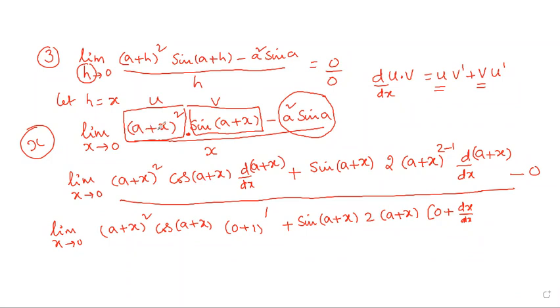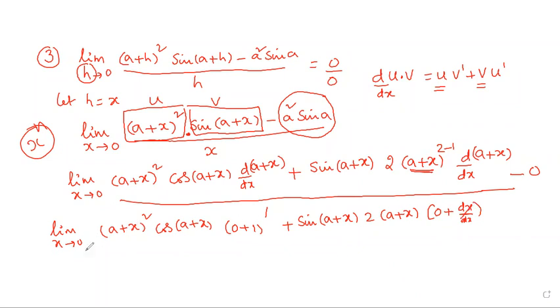The formula is x power of n, derivative n into x power of n minus 1. But this is not a single x, so immediately d by dx of a plus x. Next, a square sine a has no x term, so the derivative is completely 0. Okay, na? Now the denominator dx is cancelled, value is 1, na?